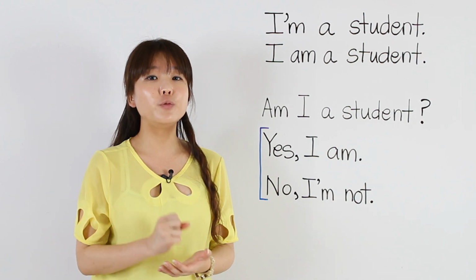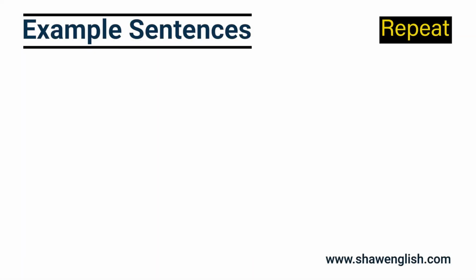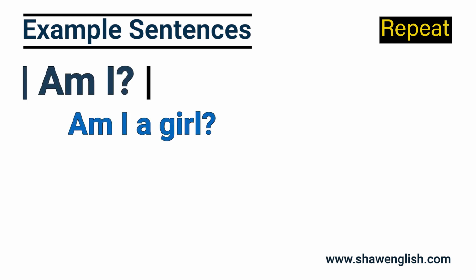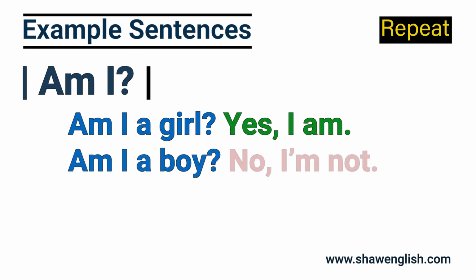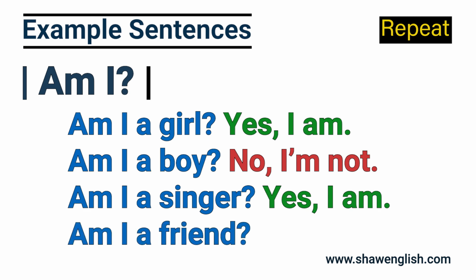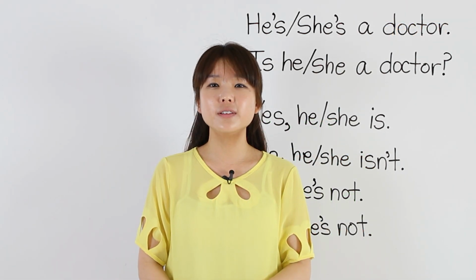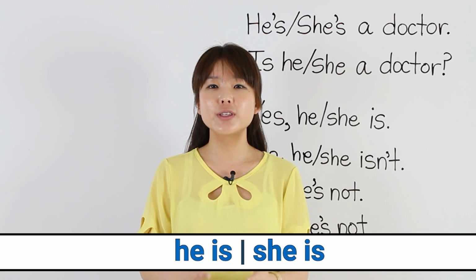Please make sure you repeat after each example. Let's look at the first one. Am I? Am I a girl? Yes, I am. Am I a boy? No, I'm not. Am I a singer? Yes, I am. Am I a friend? No, I'm not. Now we're going to talk about he is and she is and how to use them in